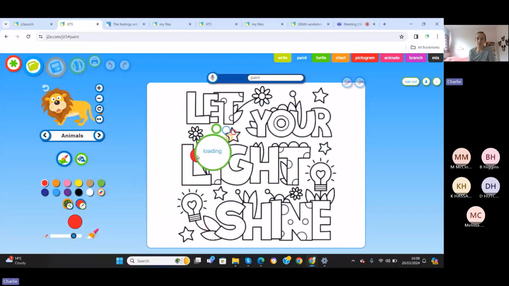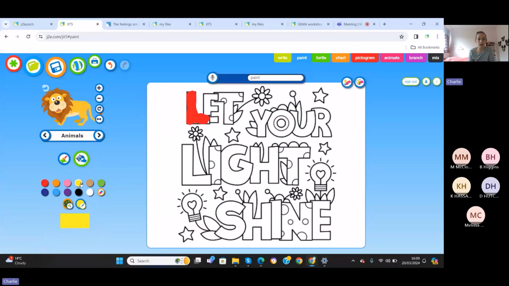If I click on that one, it will add that in. And then the fill bucket in the Paint toolbar at the side will fill within those lines. So I can either use my paintbrush to colour things in, if children wanted to do that, or I can use the fill bucket if I want to make it lovely and neat to fill in the different letters like that. Just perhaps a nice, relaxing, calming activity for children to do if they're coming in and